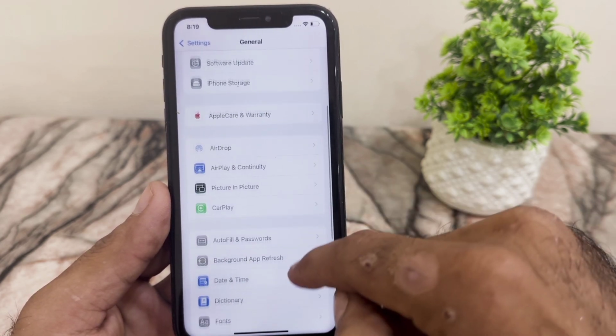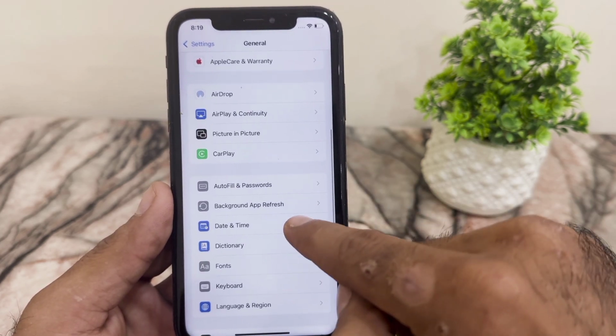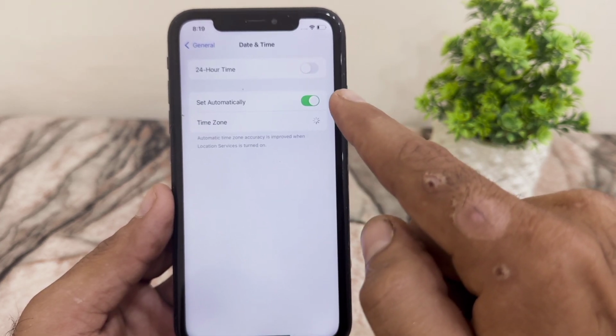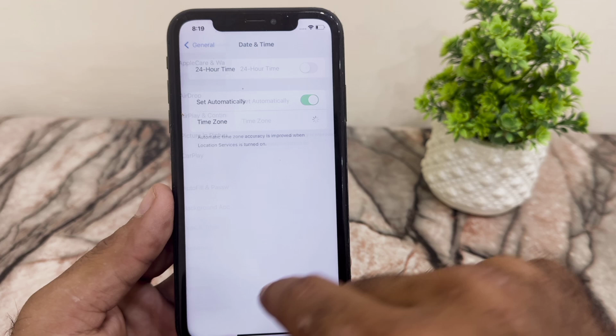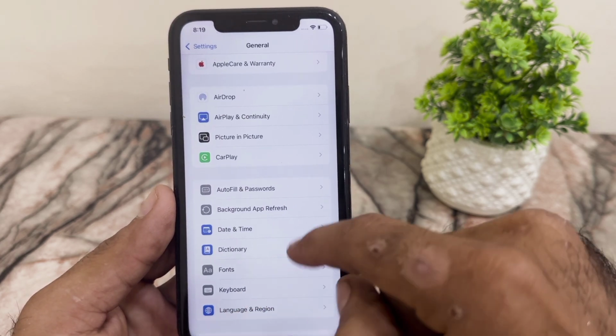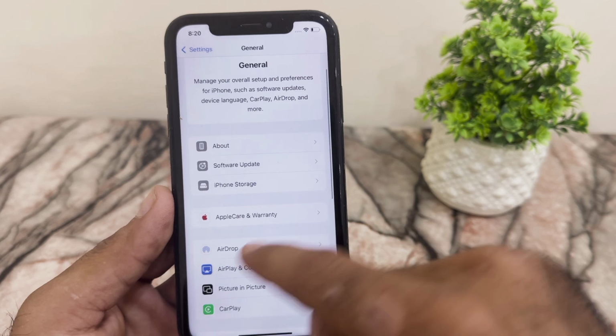and here scroll down and find Date & Time. Tap on it and make sure Set Automatically is selected. If not, simply turn on Set Automatically. Now go back from here, and here is the interface. Now simply scroll down and